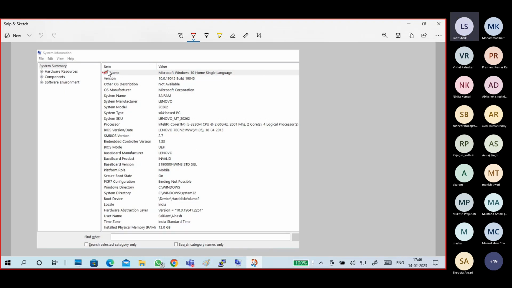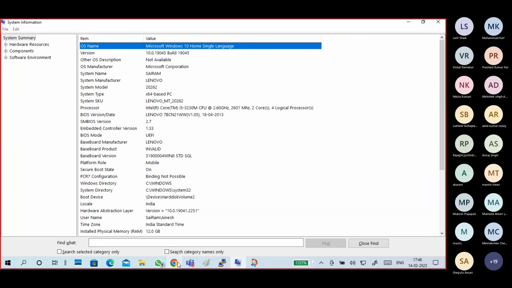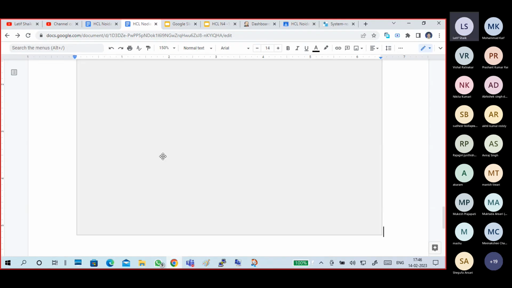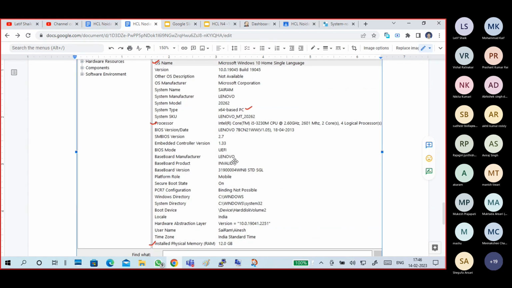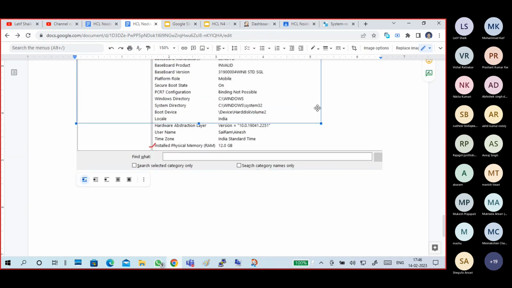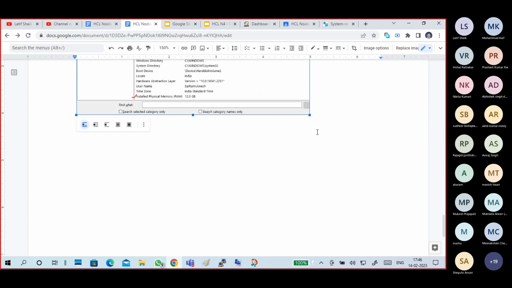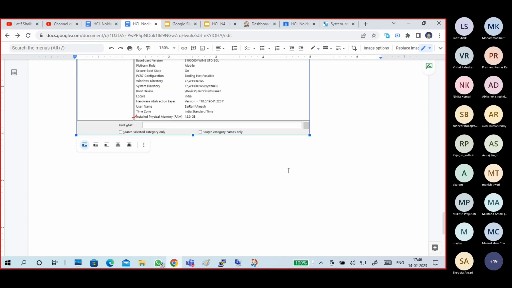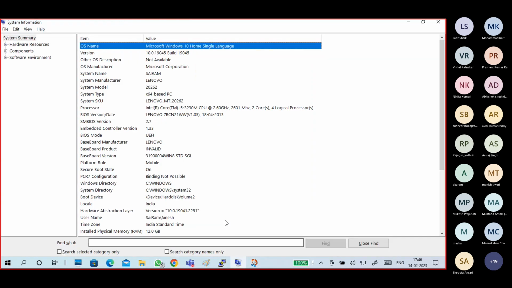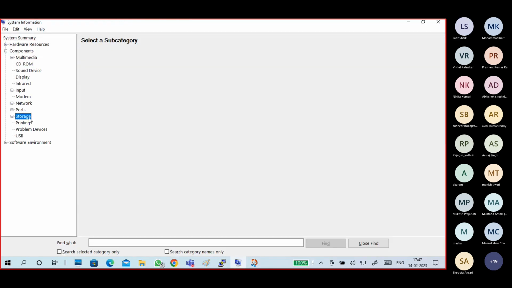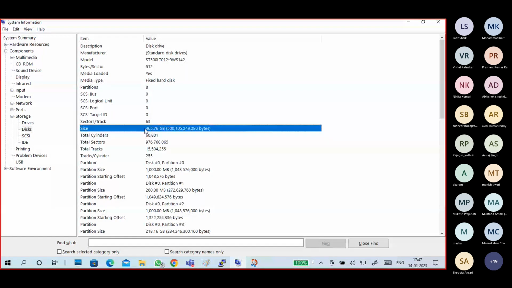So what are we getting? Our operating system name, processor, 64-bit PC it is, your RAM. This is your RAM. Of course, system name is also there. Like this.